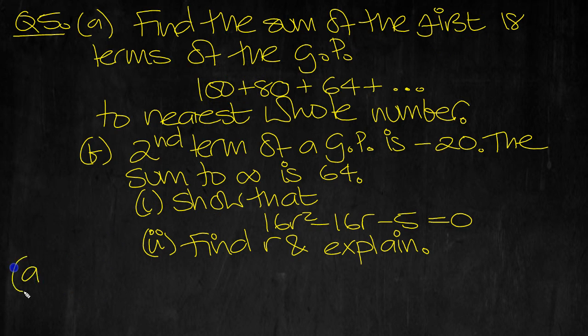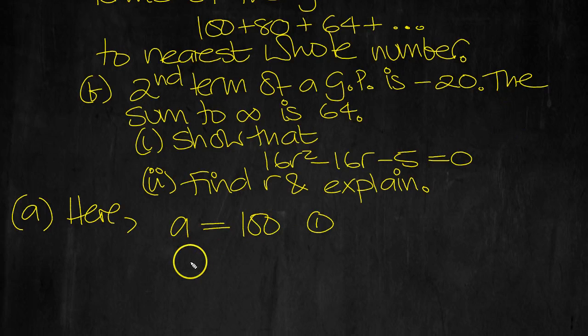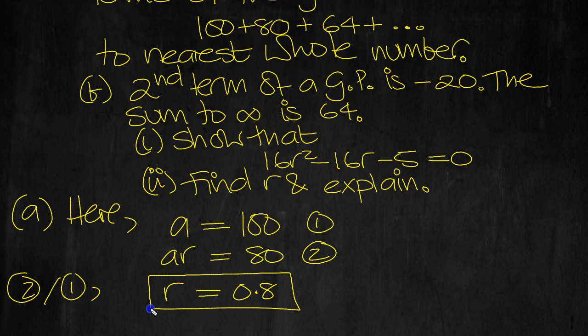Okay, so part A. So here then, the first term is 100, isn't it? And the second term is 80. So AR is the second term, and that would be 80. Now if we do 2 divided by 1, we'll find out what R is, because the A's will cancel. This divided by this is equal to this divided by this. 80 over 100 is 0.8, so we can write that down straight away. So there's R,